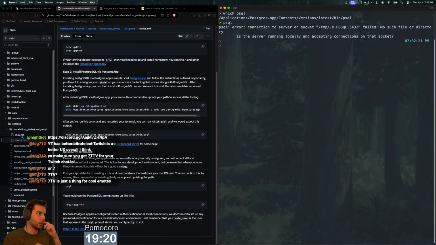Is the server running locally and accepting connections? Oh, I guess there's no server. Be aware that you move things. Postgres defaults to creating a role and user database. Oh, I see. It defaults to creating a role and user database that matches your macOS user. Yeah, so it can't. Because Postgres